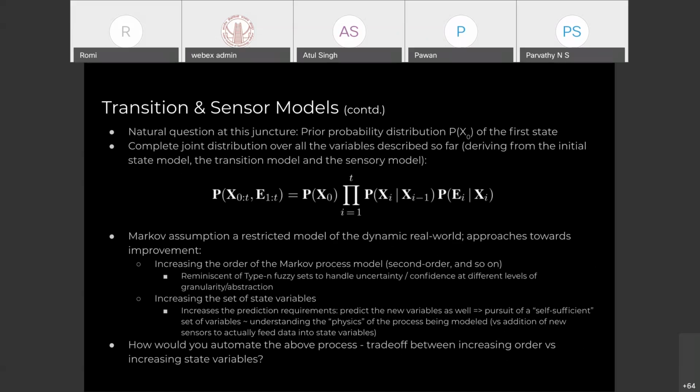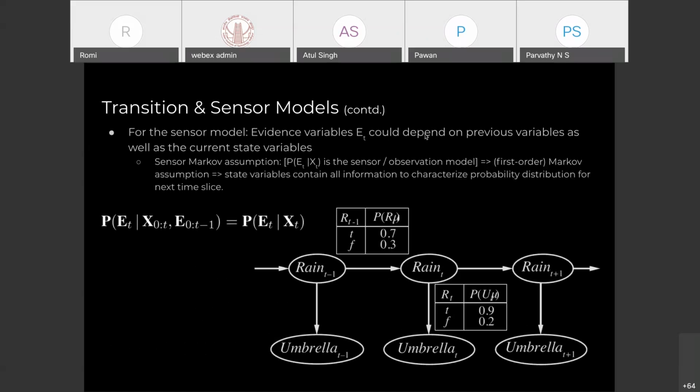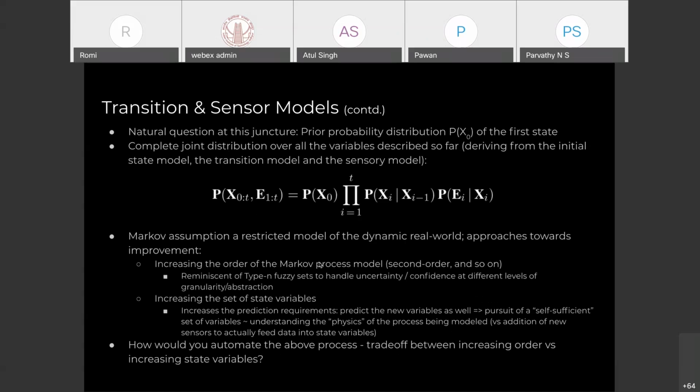Now the natural question at this juncture is, how should I fix my probability at this stage? That question is never answered anywhere because that is something you just assume. You just start with it. You see something for the first time and you just say that this is what happens, and then through learning, you will eventually correct it.